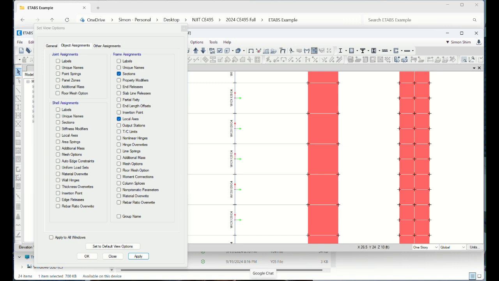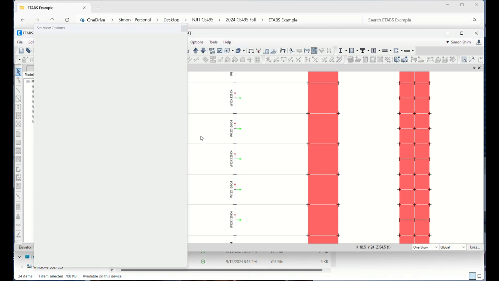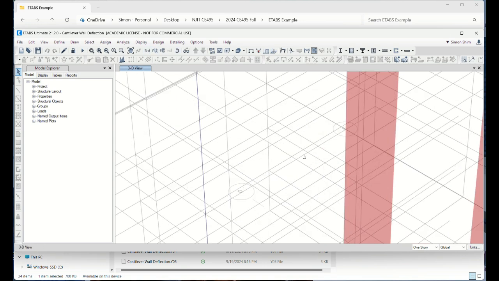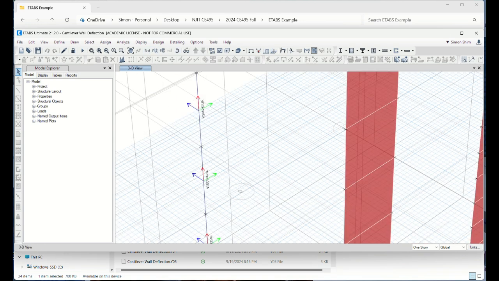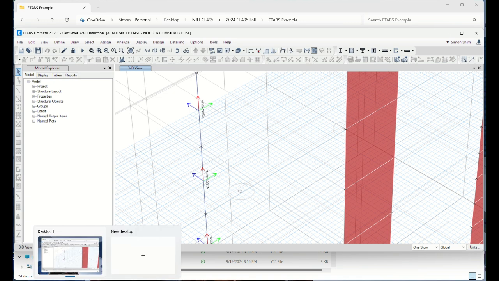Maybe I'll show you in 3D, so you see all the X, Y, Z. See that? So local axes. Red is local axis 1, right? This is local axis 2, and 1, 2, 3. So this local axis is associated with your cross section